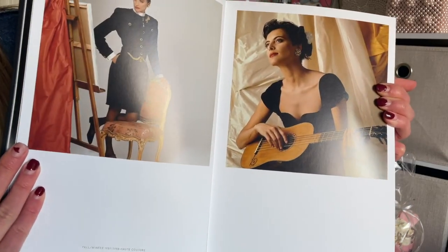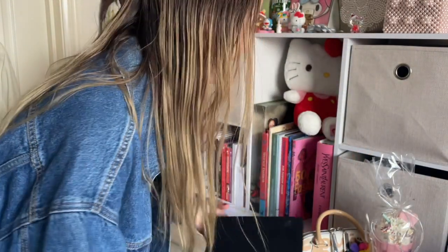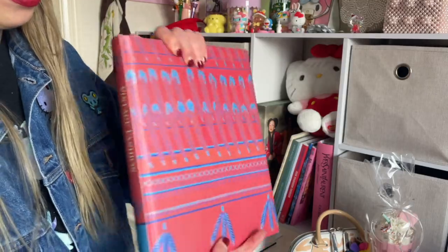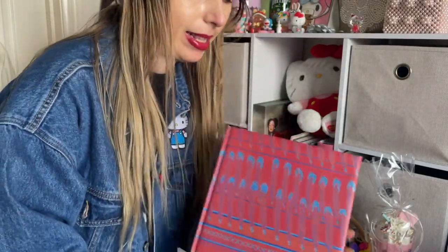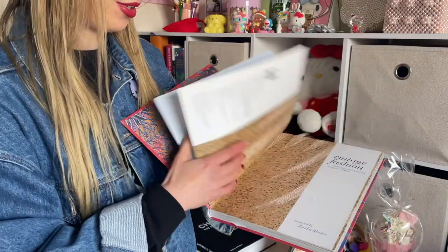1988, guys. Look at that. Yeah, anyway, I love this book. I always look at it. Vintage fashion. Haven't seen many people talk about this one. It's really a nice interior, but it kind of takes you through